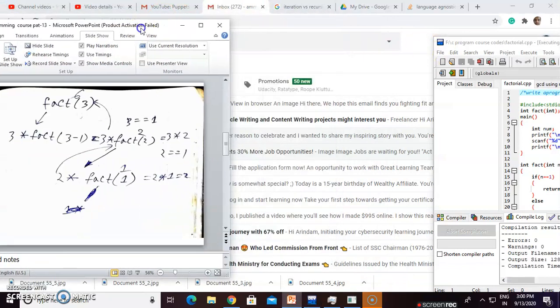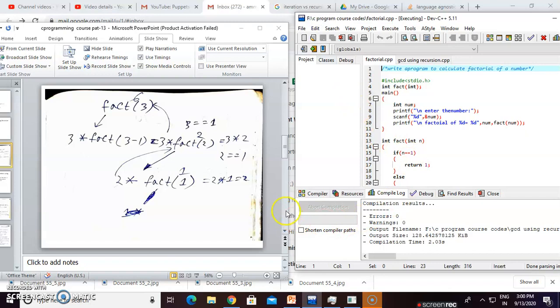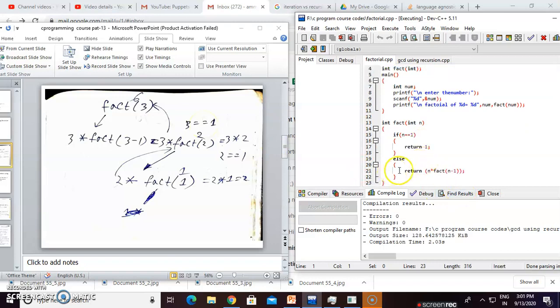Here fact means num value, num value means n. Here n value is 3. Now calculate: check if n equals 1, means 3 equals 1. The condition is false. Go to the else part.